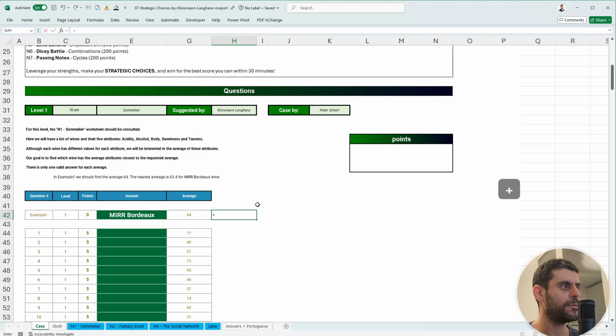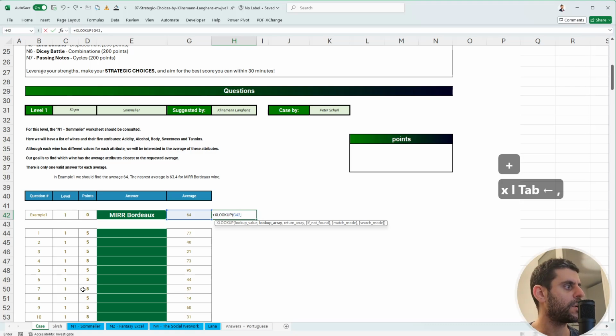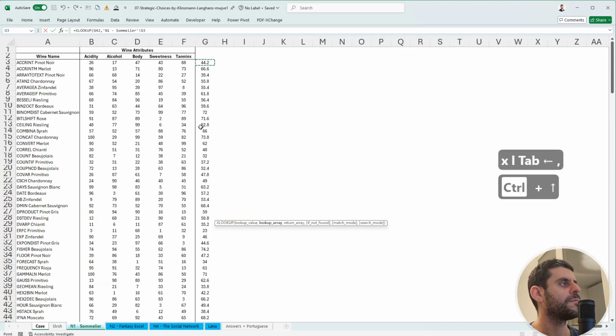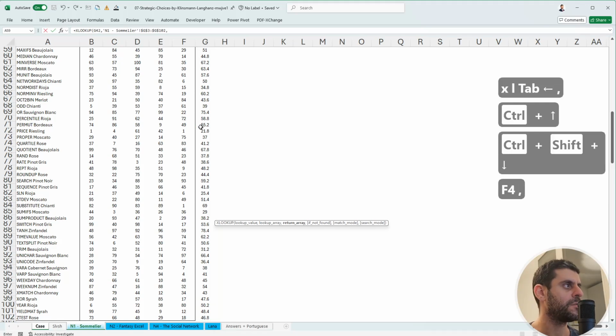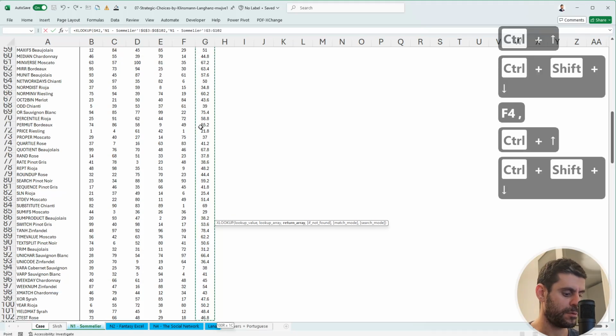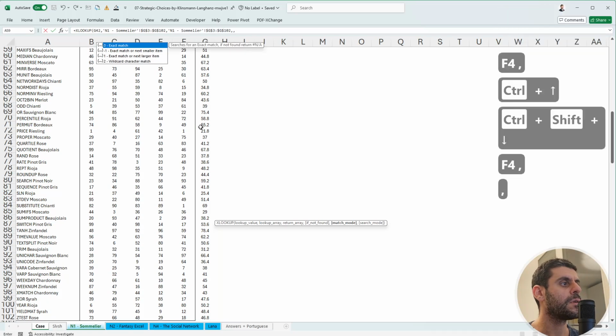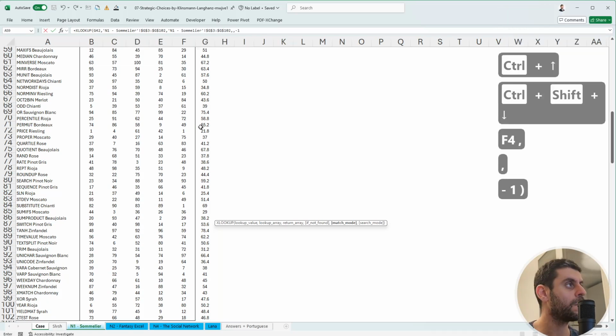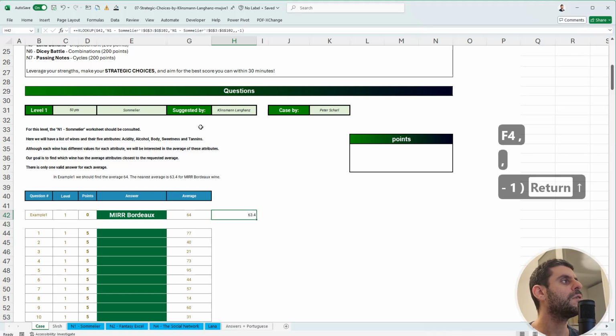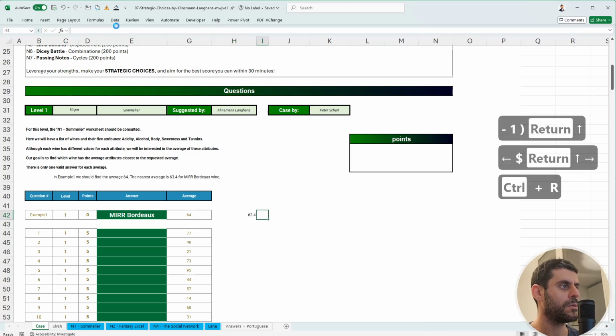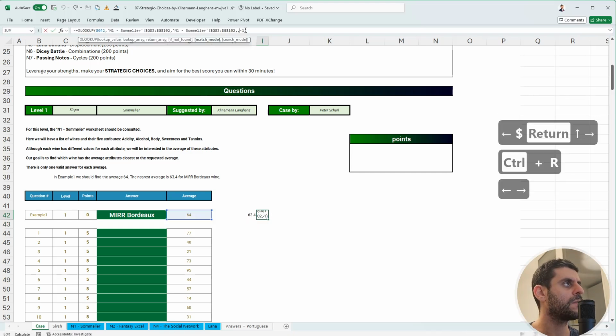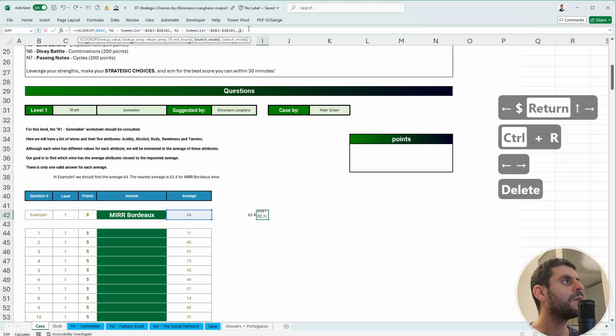What if I do XLOOKUP of this into those, returning those, next smaller, and next larger,